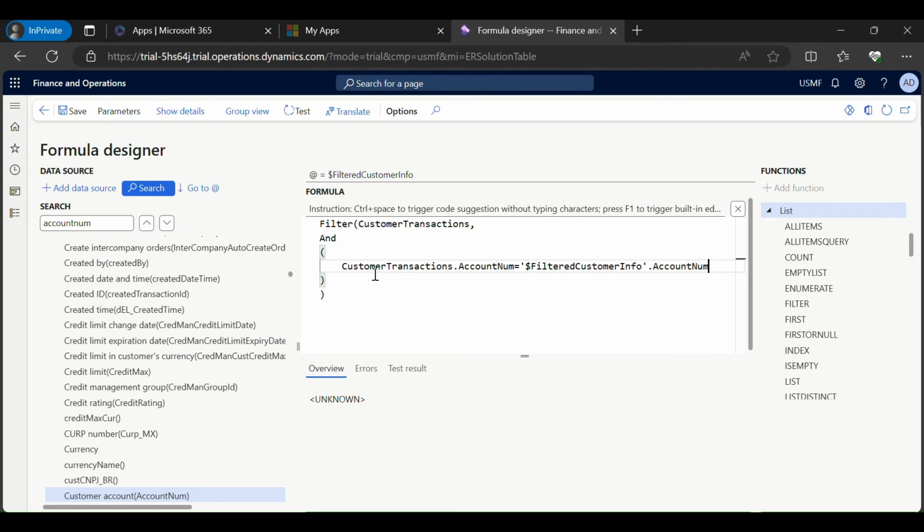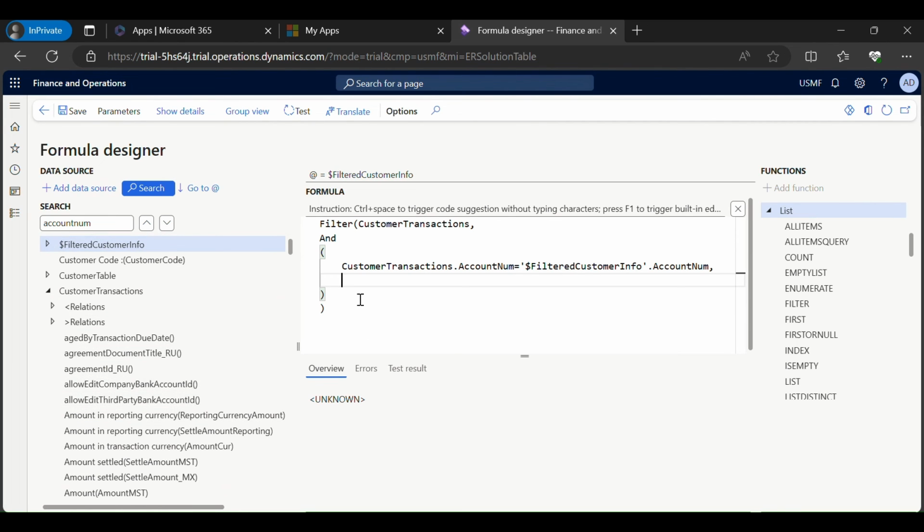So when the customer transaction account number equals the filter based on the customer ID, filter table based on the customer ID equal to the account number, then one more condition is in the